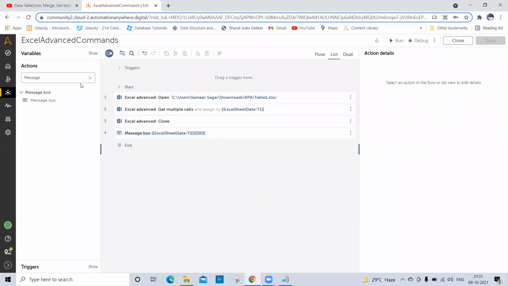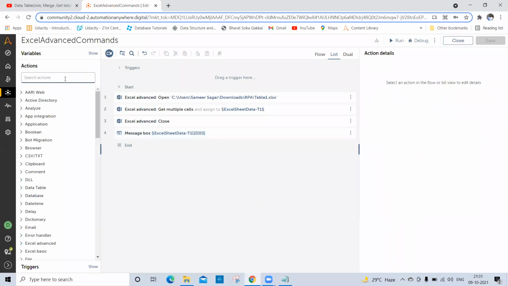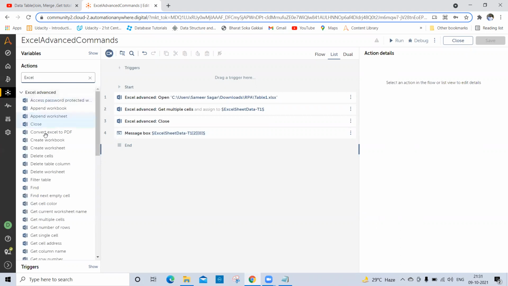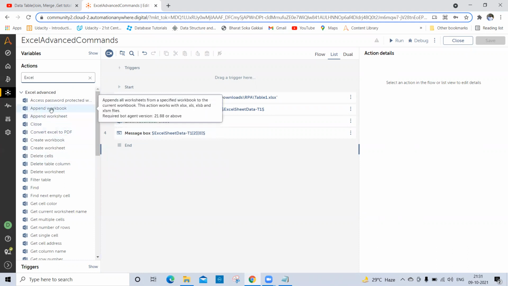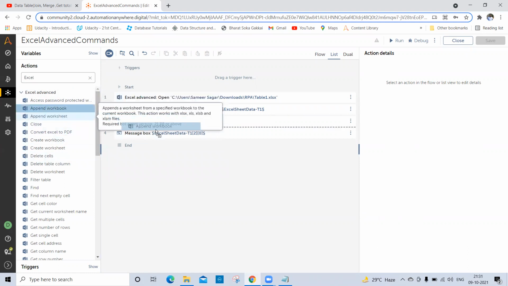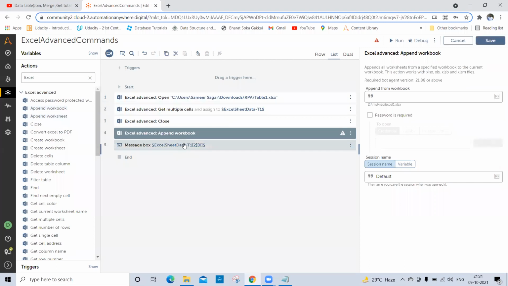Let me move to another command of this Excel package. Let me go one by one and disable this one. What is the meaning of append workbook here? It says it appends all worksheets from a specific workbook to the current workbook.